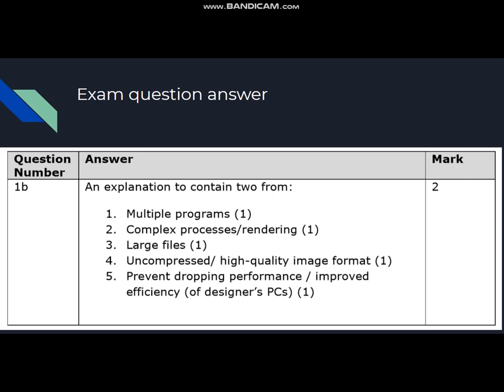So the reason why we would use that is because we're using multiple programs, so we need a large amount of RAM. Because it's a graphics designer, it's going to need to be able to render lots of graphics. And then if we don't have enough RAM, it would affect the performance because there will be nowhere to store all of that content. Okay, so there's just some answers that you can have in your